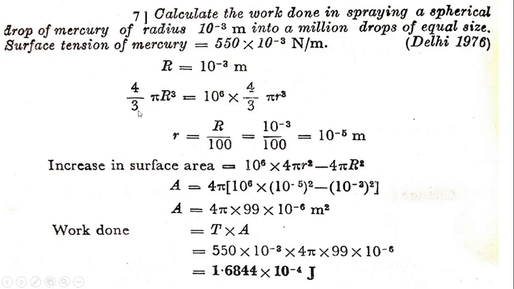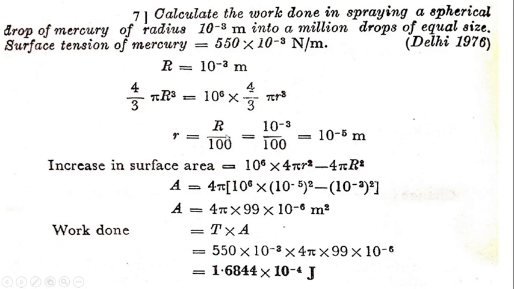So 4 by 3 pi R cube equal to 10 raised to 6 into 4 by 3 pi r cube. So r equal to R upon 100, equal to 10 raised to minus 3 upon 100,